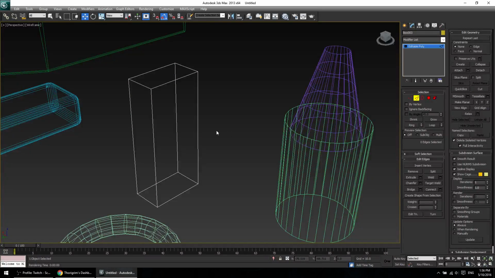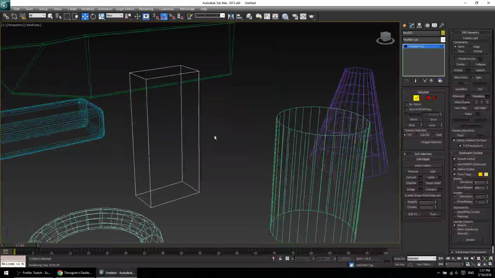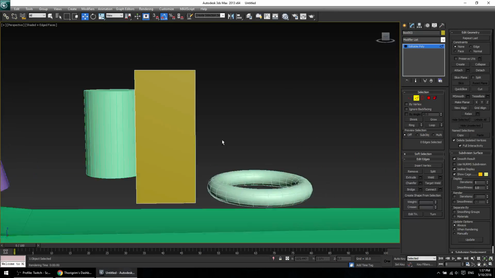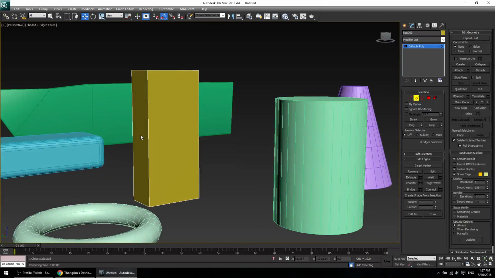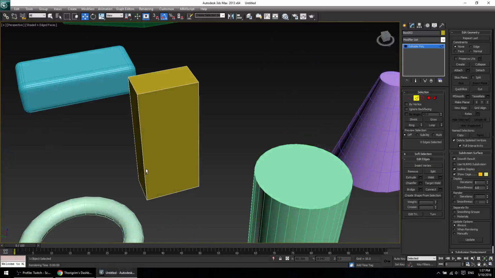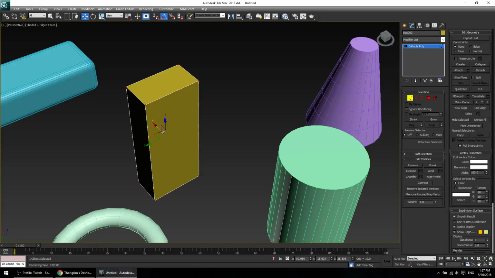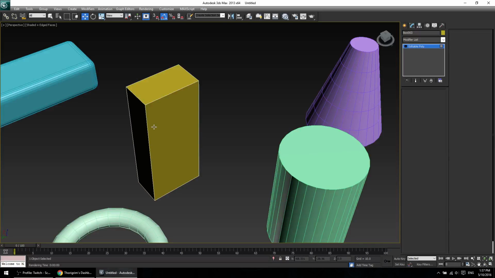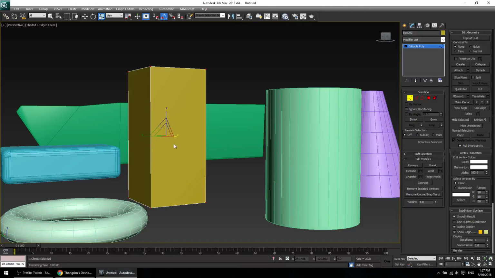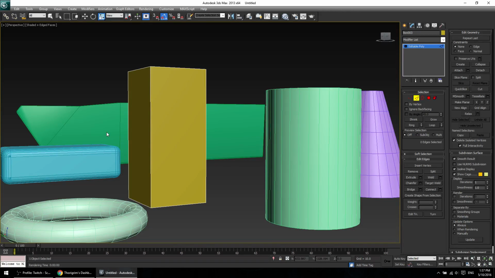Some of my favorite ways to make edge loops, my main favorite is, now this might take a little bit to get your head around. Let's say I wanted to cut this thing in half. I wanted to get an edge loop that went around the center. I need an edge loop, because we're going to make a really crummy hourglass. A cubic hourglass. So I need at least one cut in the center, so I can squish it in the middle. One way of doing it would be to,